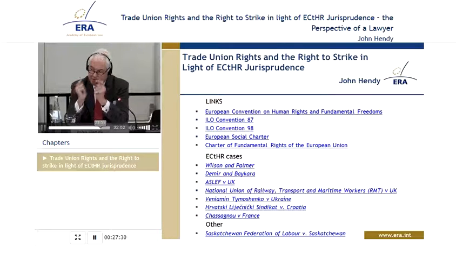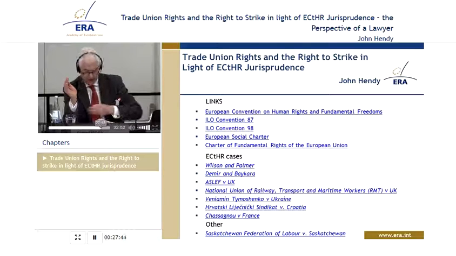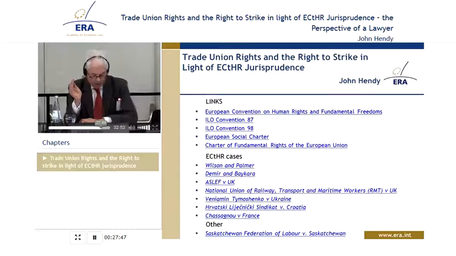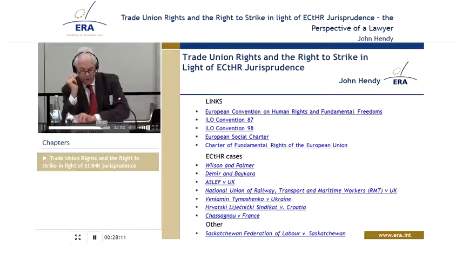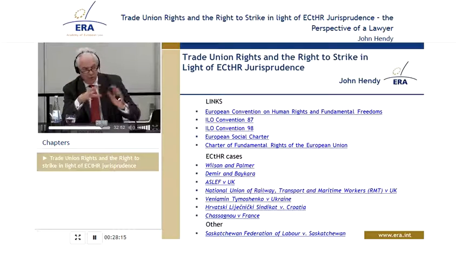That's a delicate balance. But the Chassagne case is important because it says that where the right to be balanced is not one specifically protected by the European Court, then only where there is an indisputable imperative can interference with the enjoyment of a convention right be justified. An indisputable imperative where the right protected by the convention is not to be weighed against another right protected by the convention. And that is quite important in strike cases, because although, of course, every strike by workers is to